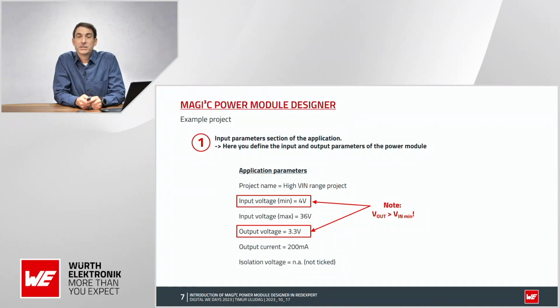Please note here that the output voltage has always to be lower than the minimum input voltage. To finish, we have selected an output current of 200 milliamps, and we do not tick the isolation voltage. If we now let the system run,